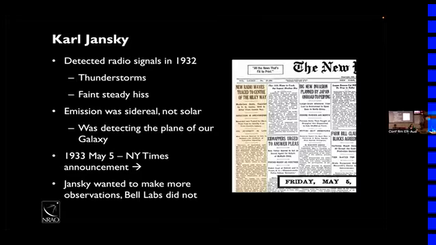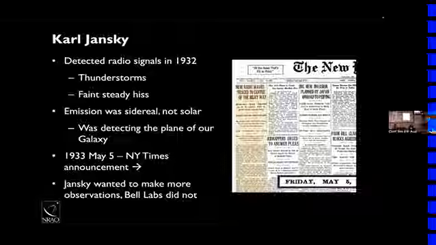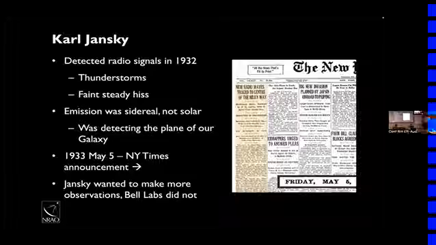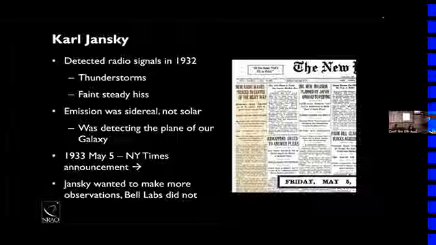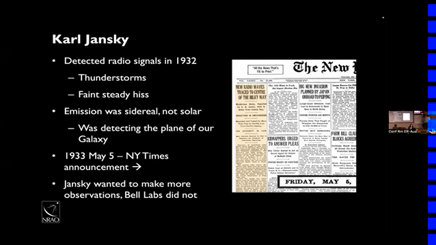So what he was able to detect with that first radio telescope were some fairly bright things nearby and distant thunderstorms. But behind all that, there was this sort of faint hiss that was seen in many portions of the sky. And actually, there were a few bright spots in it that appeared to move, but they didn't move with the sun, they moved with the stars. So it was what's called sidereal motion, right? So sidereal motion means, remember we talked about that before, there's the fact that the stars rise and set, and then there's the sun, which apparently rises and sets, which is actually us orbiting the sun.